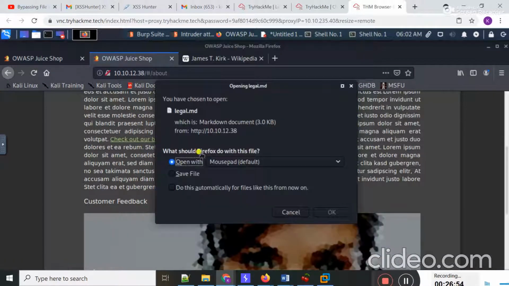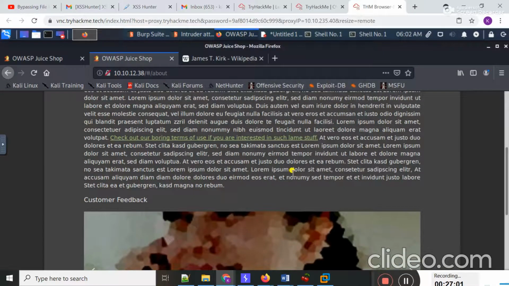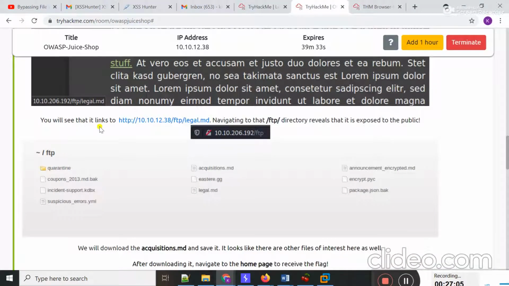If you are interested, you can see some files are present here that I can actually download. You will see that it's a link on this page.